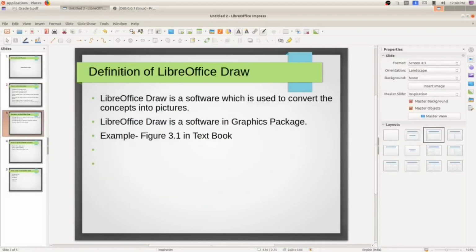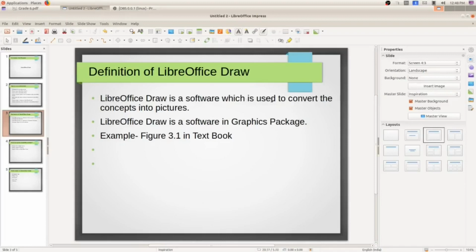Our first topic is the definition of LibreOffice Draw. I have written here, what is the first point? LibreOffice Draw is a software. What is its use?